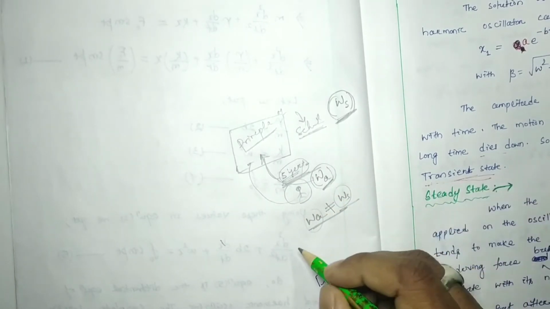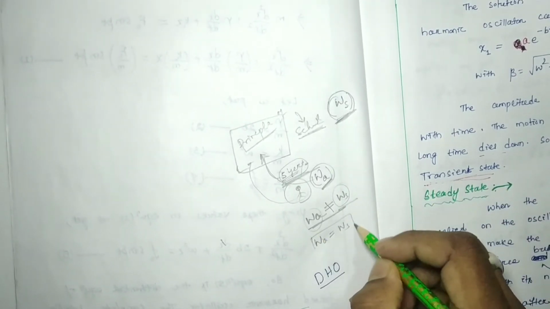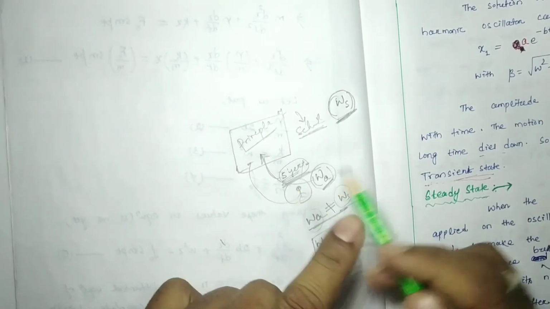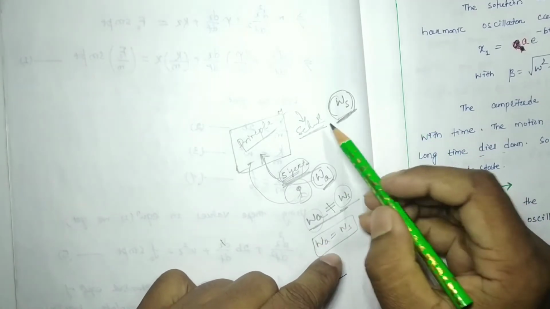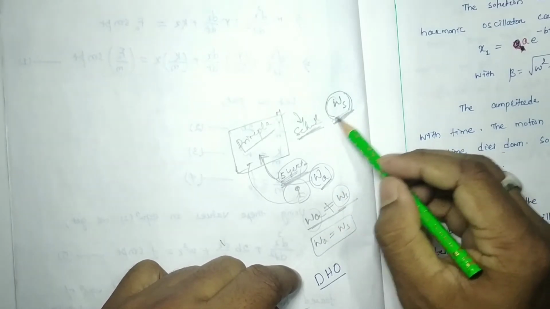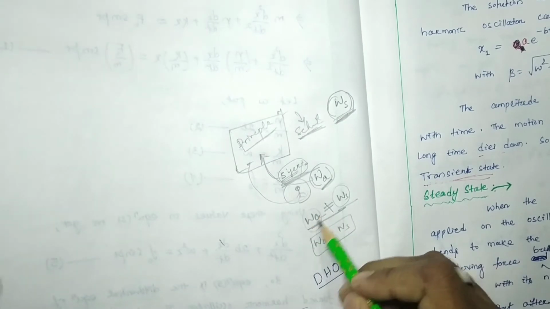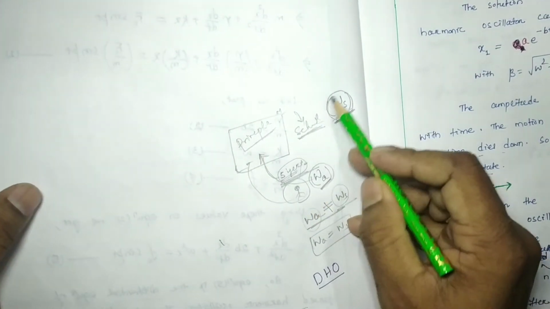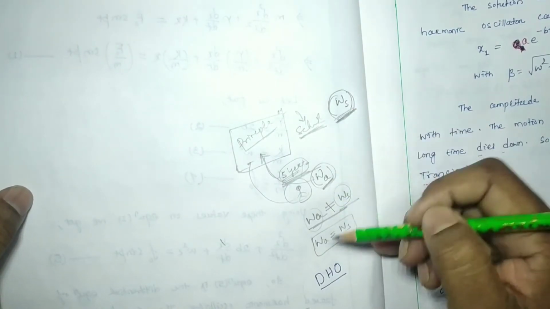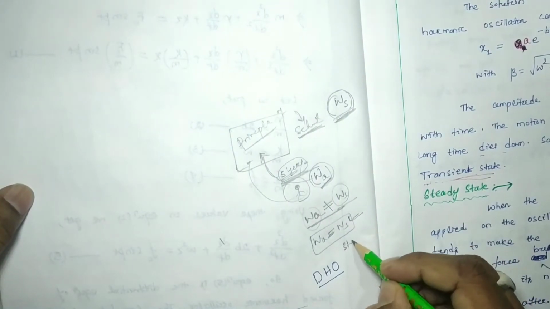However, after some days, what will happen? Omega a will be omega s. After some days, you can see that his or her frequency has totally transformed to the principle of the school, matching the frequency of the school. Initially this frequency could not accept the applied frequency, but after some days it has to obey. When this equals this, it is called the steady state.